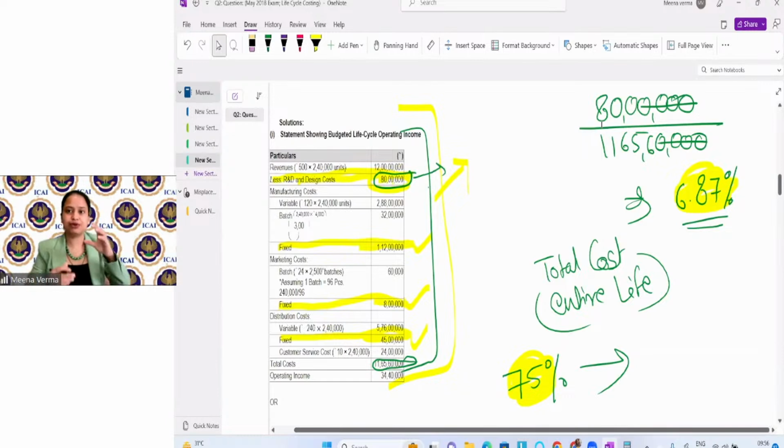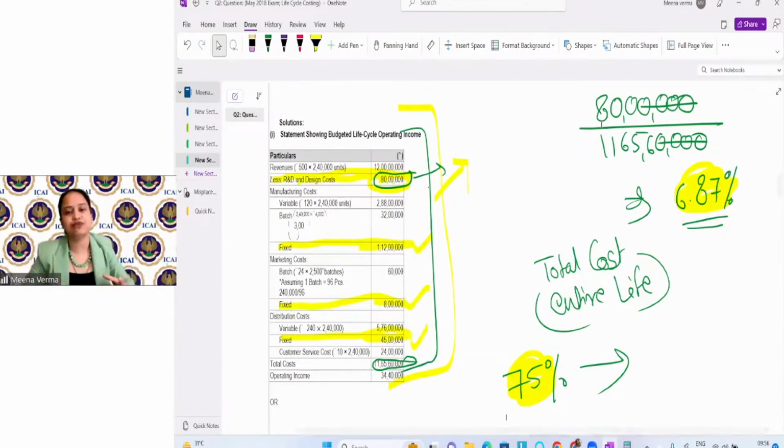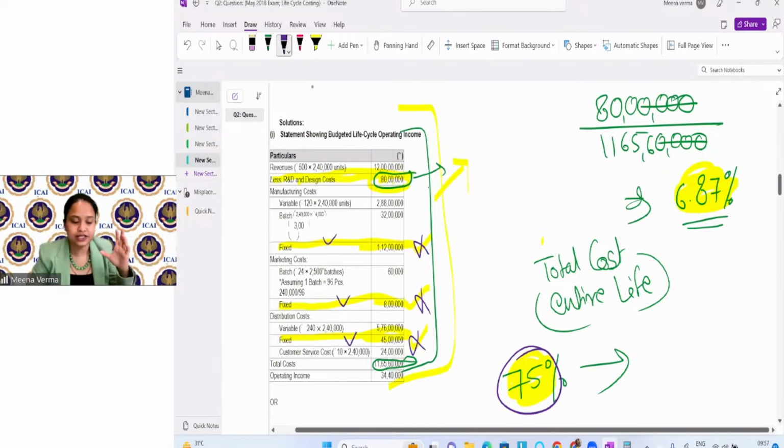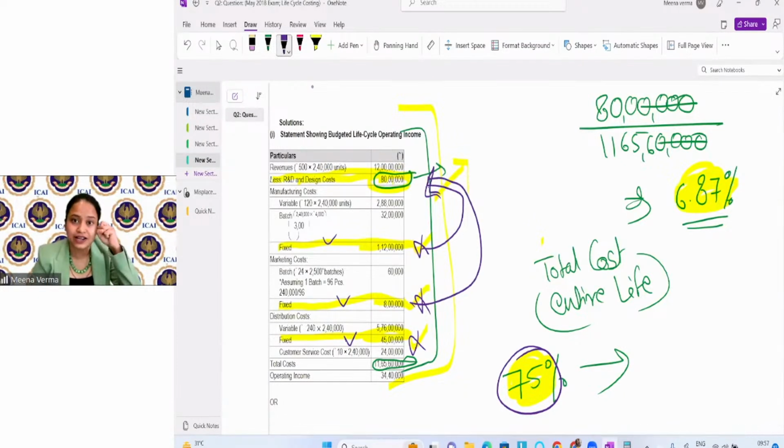Always remember, during the introduction stage, the company will incur most of their cost. So it is mentioned the company is incurring 75% of the cost. That will be true. But the point is that the person who is preparing the cost sheet didn't find that the fixed cost he has considered here is actually the cost of the designing stage. The cost they are committing, these are commitments during designing, that okay, we will produce